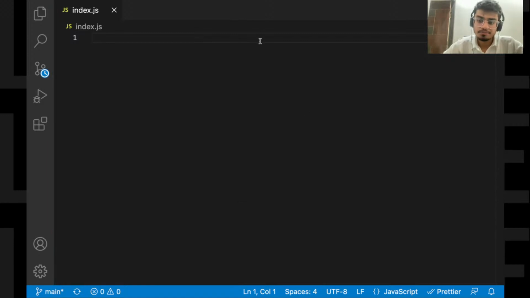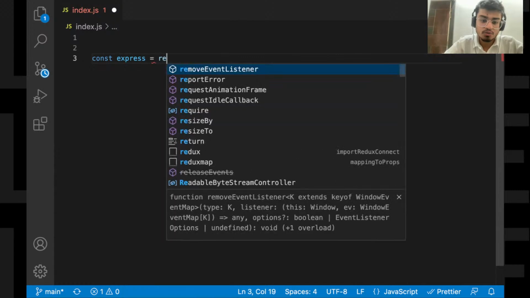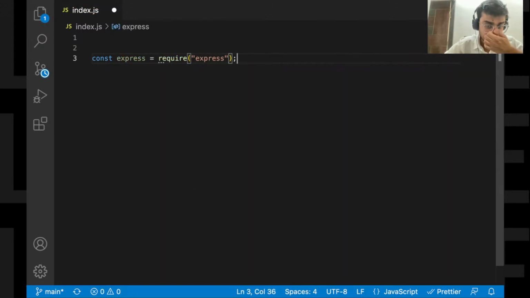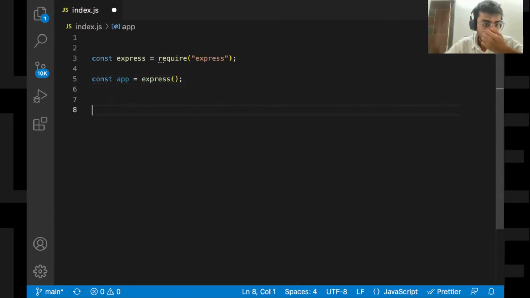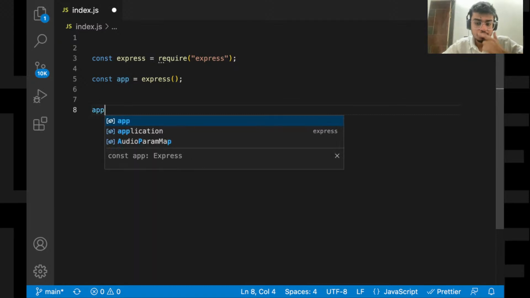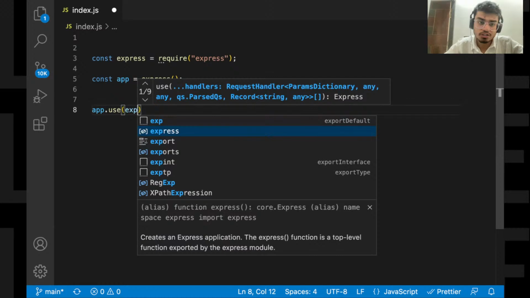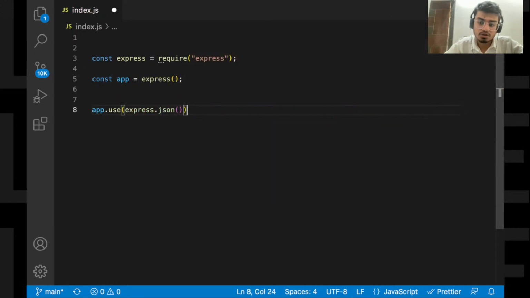So let's start. So const express is equal to require express. Okay. Const app is equal to express. Okay. Fine. Then app dot use express.json, because that will allow our application to understand JSON structure.